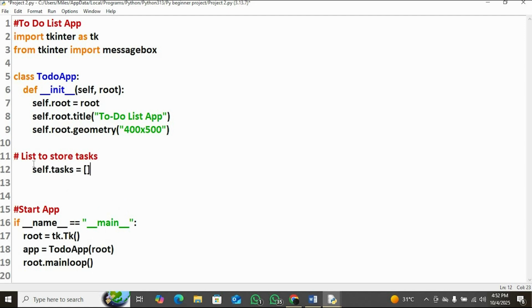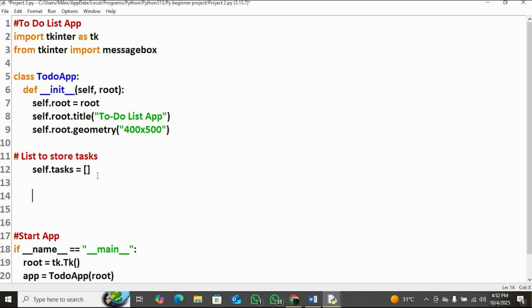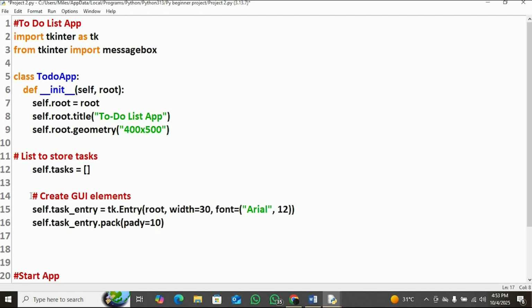The next step is we add an empty list, whose function is to store whatever we are going to type inside of the app. It's going to be stored inside of our empty list. And the next one is we are going to create a widget. The next step is going to be creating our elements,